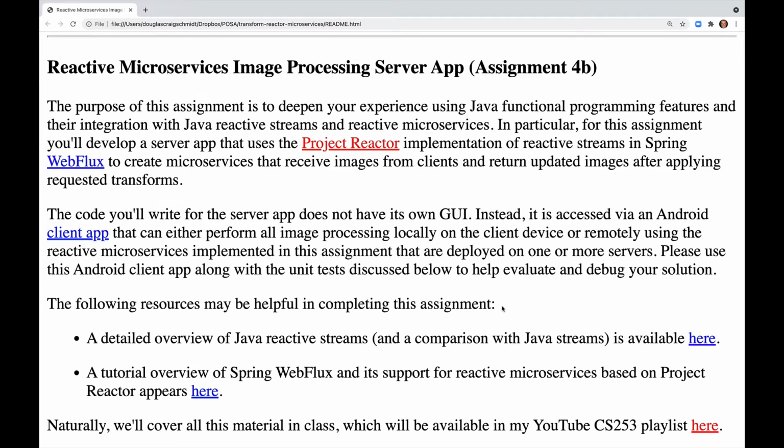Welcome to the walkthrough of the specification, skeletons, and tests for Part 1 of Assignment 4B. The purpose of this assignment is to deepen your experience using Java functional programming features and integration with Java reactive streams and reactive microservices. In particular, for this assignment, you'll develop a server app that uses the Project Reactor implementation of reactive streams in Spring WebFlux to create microservices that receive images from clients and return updated images after applying